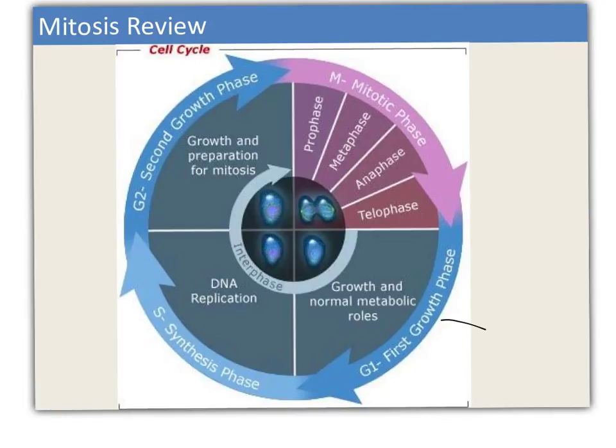This is where most cells spend most of their time, growth and normal metabolic roles. Now, if a cell is going to reproduce itself during mitosis, it's going to go from G1 into the S phase, where it replicates all its DNA, so there's twice as much as before. Then it'll go into the second growth phase, growth and preparation for mitosis, and then finally into the mitotic phase, which includes the prophase,